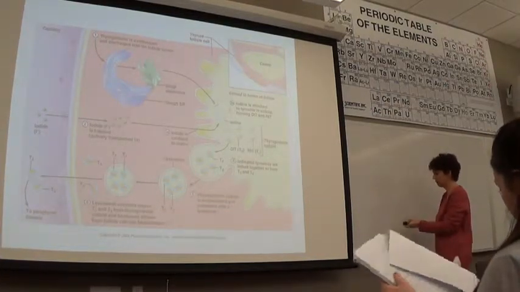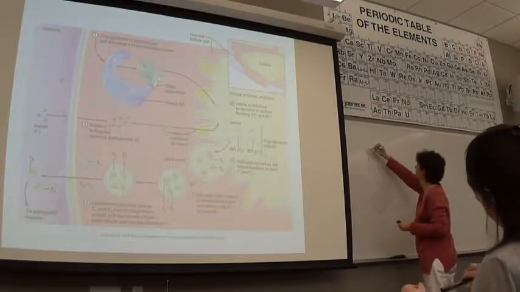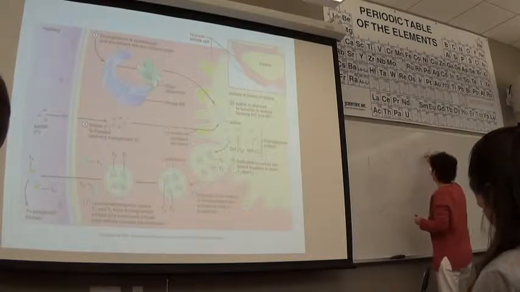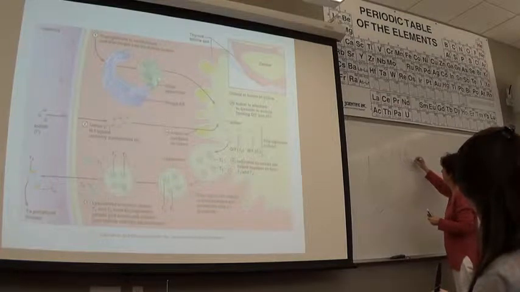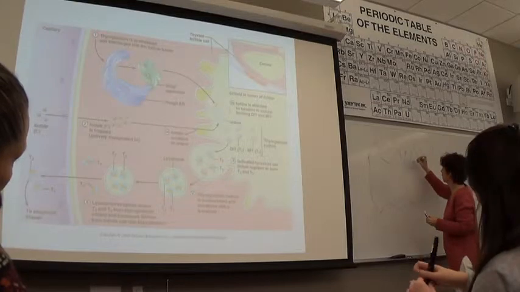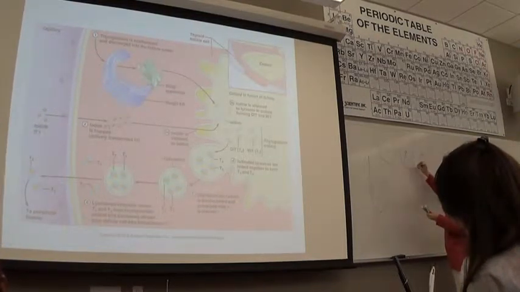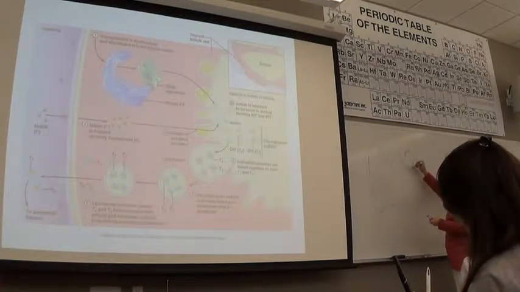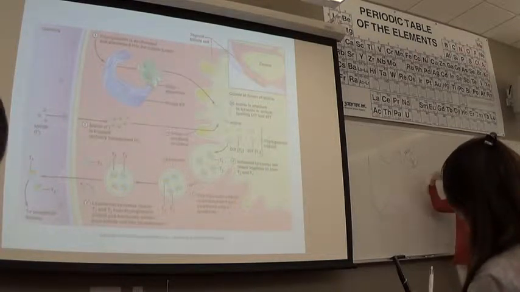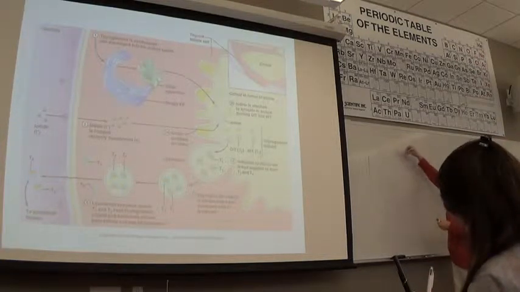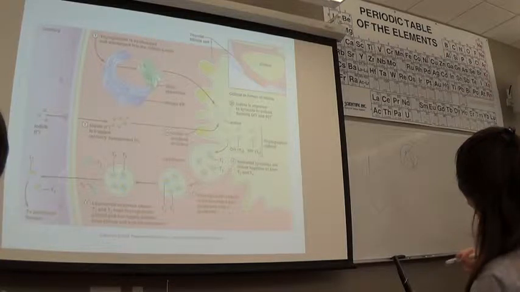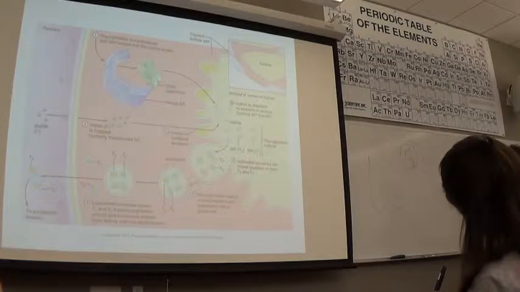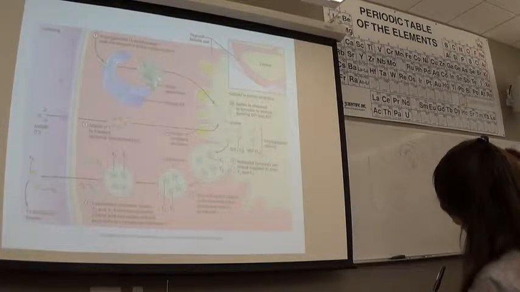I'll redraw it. So now, same cell, but the body needs to have thyroid hormone. So endocytosis occurs. This is internalized into the cell. The plasma membrane forms a secretory vesicle, and now it's inside the cell. And what do we do if we need to break down proteins? We need to break down the thyroglobulin and separate it from the modified tyrosine. Enzymes. And where are those enzymes found? In lysosomes. So this endocytotic vesicle is going to fuse with